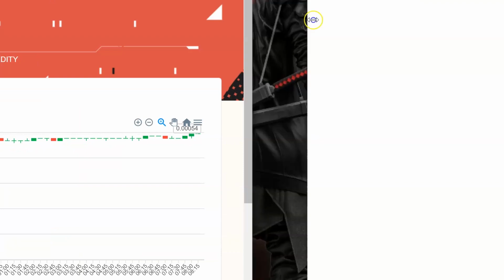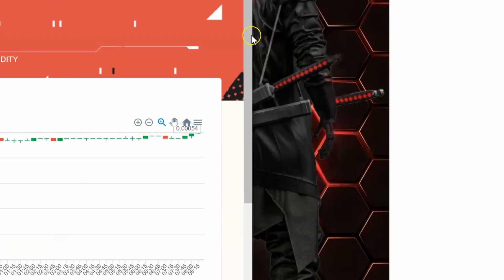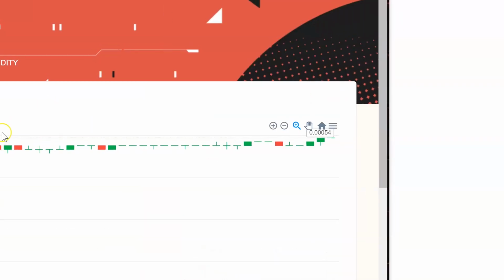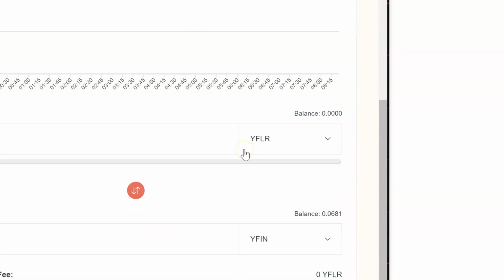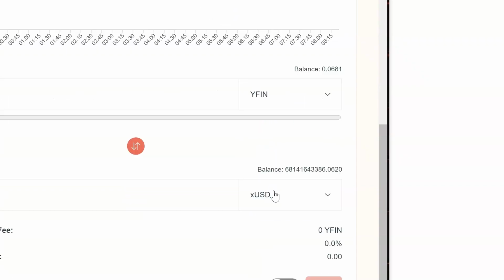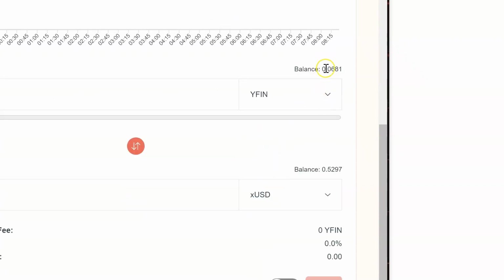I was trying to think of how I wanted to do this. I don't want this so wide. Flare Finance. All right, so we have our wallet connected. Now I am going to take this amount, and I'm only going to copy paste right now.